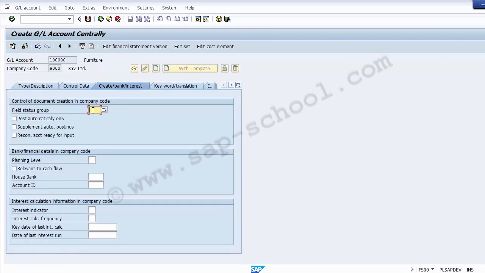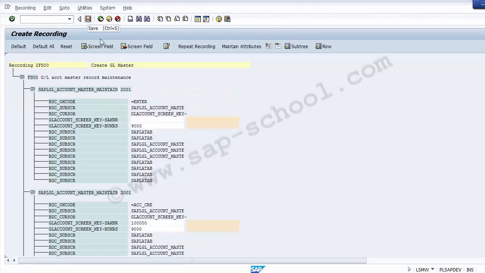So in this you need to select the field status group. Suppose the field status group which we need to take is G067. So that is what we have taken up over here on the screen. So now we can go and we can save the screen, and your GL will be created and even the recording is saved. So you can see now on the screen, once you click on the save option, you will find what the different fields are which have been triggered while creating a GL account for the furniture part. You can see over here